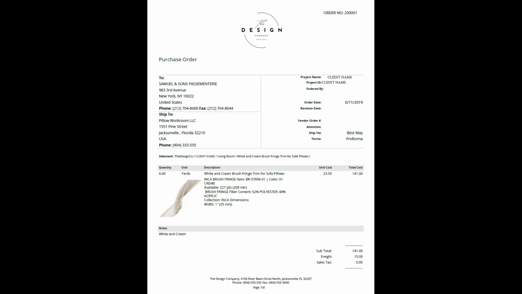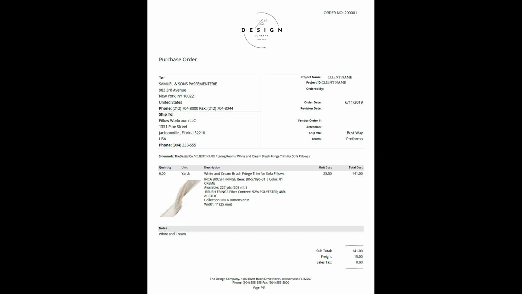A purchase order is generally used for a product or an object. A work order is used for the purchase of some kind of service. And so in our case, we're going to see purchase orders for the trim and fabric for this pillow that we've been looking at.